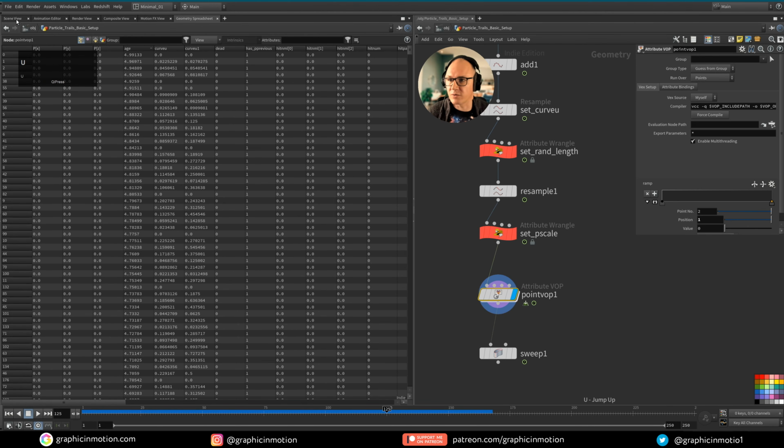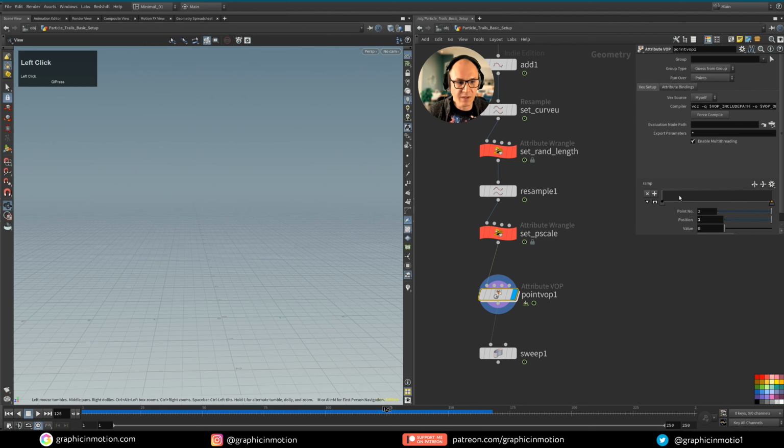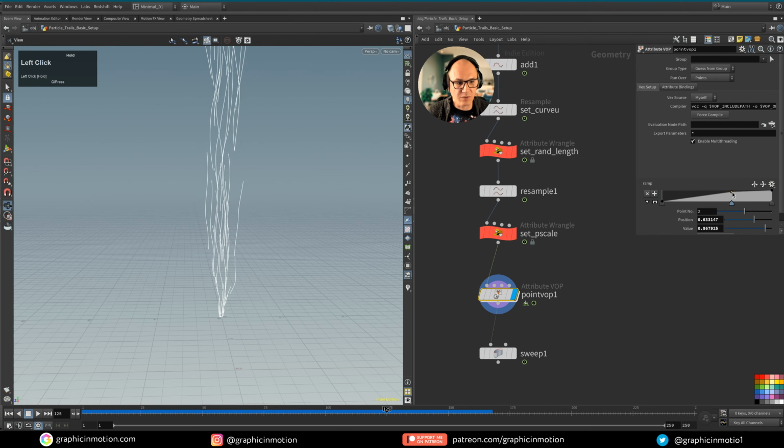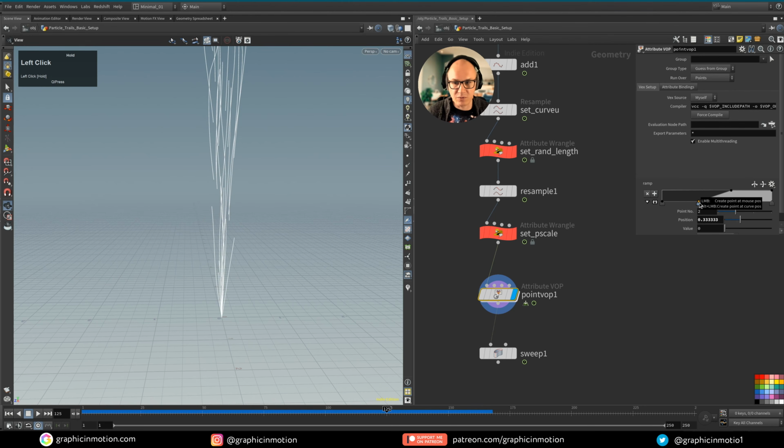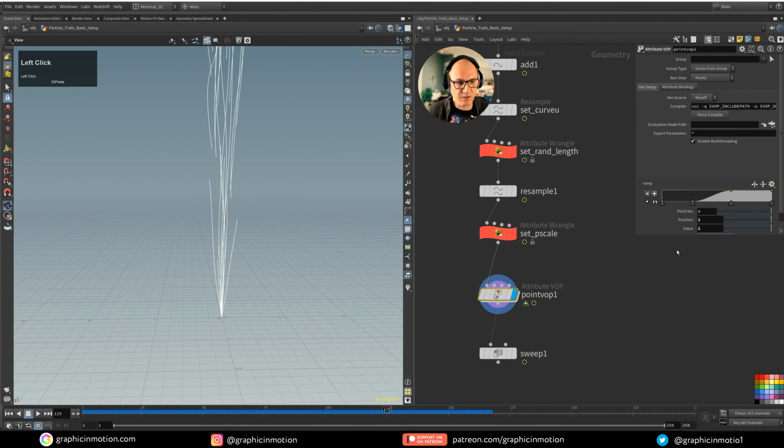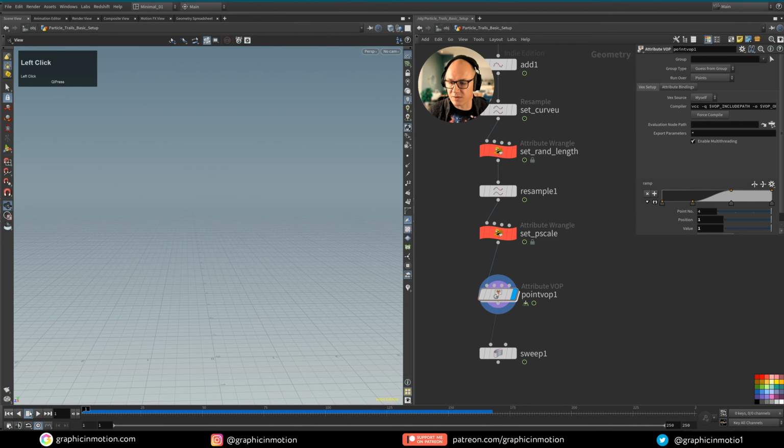Okay, let's go back to our scene view. Now we can set up our ramp here. You see in the beginning, there is nearly no influence, and then over a certain amount of time, we can grow this influence, and we can even do it like this. And now we can maybe change the interpolation here to something like that. Then we have a smooth transition here. And you see that now,